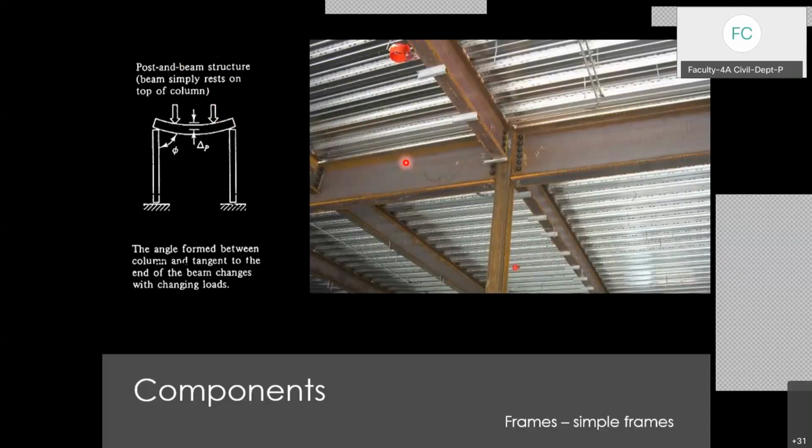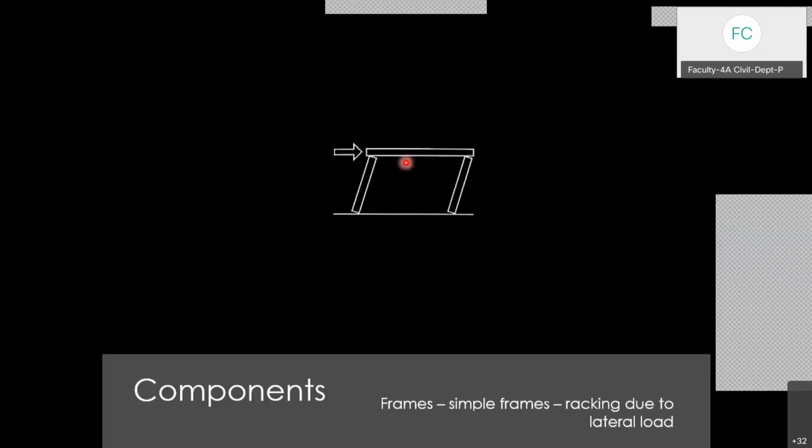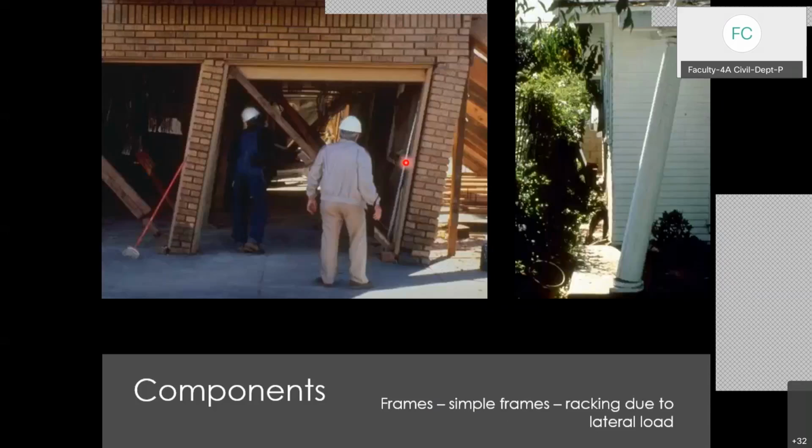So these are kind of the connections in between beam and column. This is how, if the lateral load is acting, your frame will behave like this because of the lateral load. You can see if the lateral load is too heavy, this has been deformed fully. Since this is a masonry one, it has been deformed very badly. That is called racking as well.